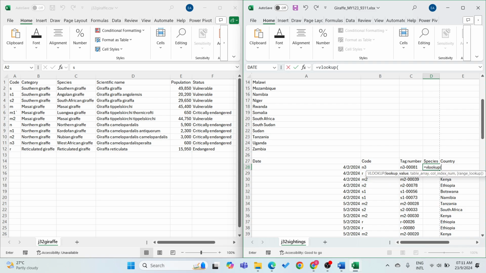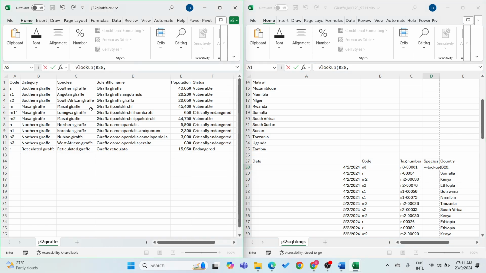So VLOOKUP, what are we looking for? We are looking for this code. You type for one row, you don't type for the whole range. We are looking for this, comma, sorry, already have. Next is table array. From which table? I'm looking for it from this table,